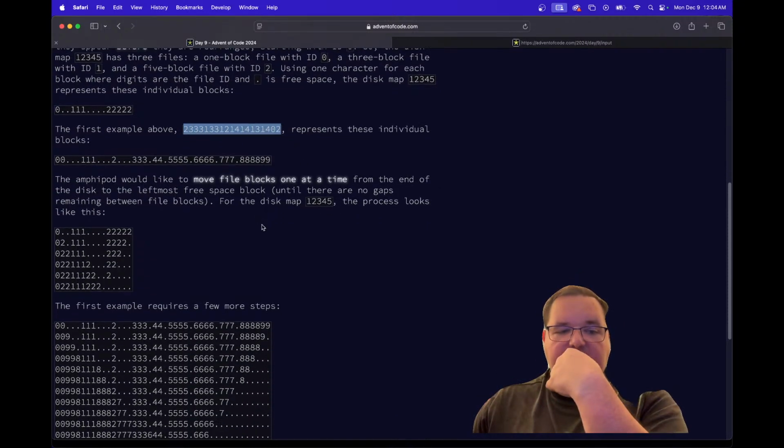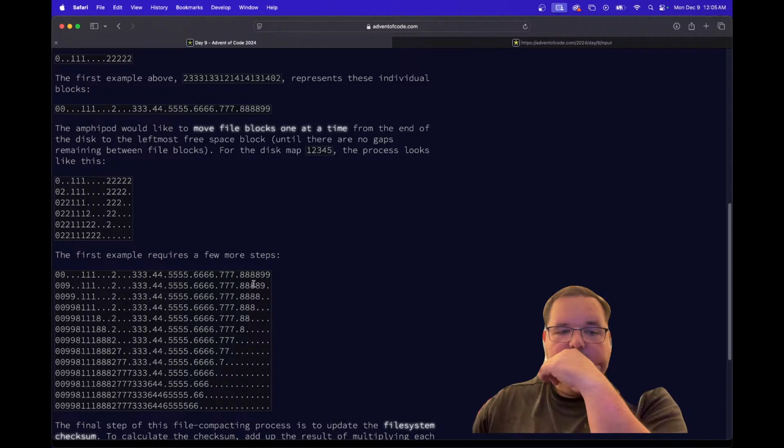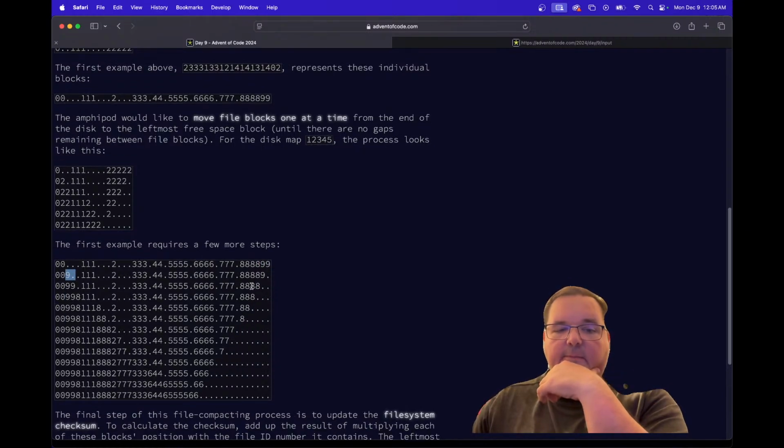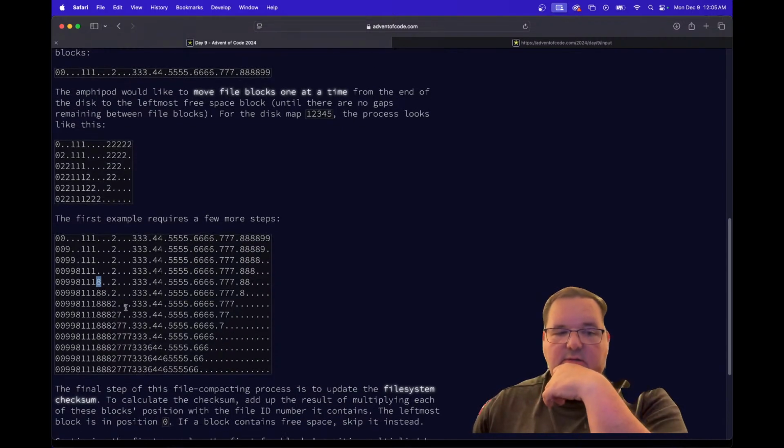Then once that's done, as we can see here, we want to move bits from here to here. We can actually do this in chunks. So meaning that if we have 9s and we've got free space, we know we can move all of the 9s to fill it. Then we can move all of the 8s to fill what space is there. Then we can move to the next slice and we can move the 8s. And if the ID is different, then we can insert into the slice after the initialization whenever we have to